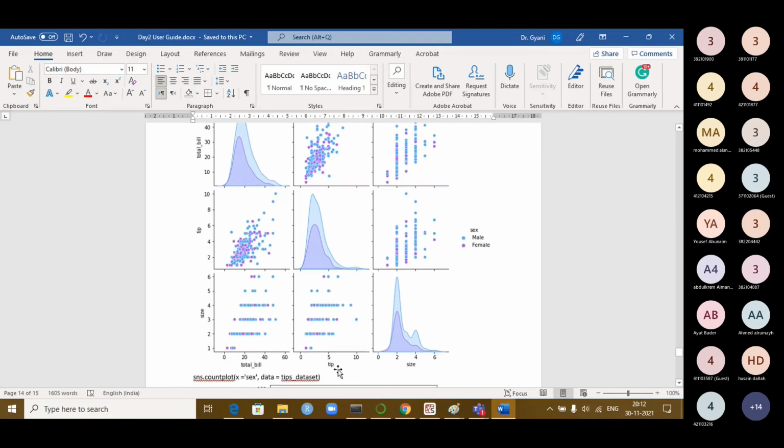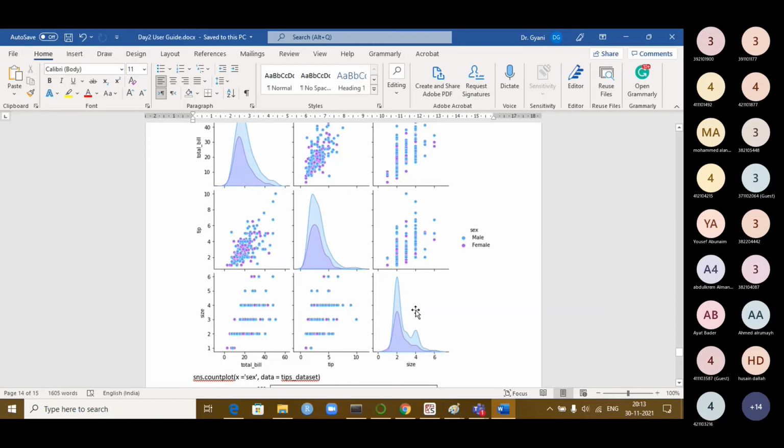Coming to this one, tip. What is the tip given? So most of the time, many of the waiters have received a tip of $5 on average, 4 to 5 maximum. Okay, this is the tip they have received. This is from male. This is from female. Okay, this is what is being shown here. Male group and female group, how much they have given. This is how many times they have given the tip. What is the dollar tip they have given. So when coming here now, maximum $10, maybe 1 or 2 here. This is the distribution. So that is the importance of this diagonal in your pair plot.